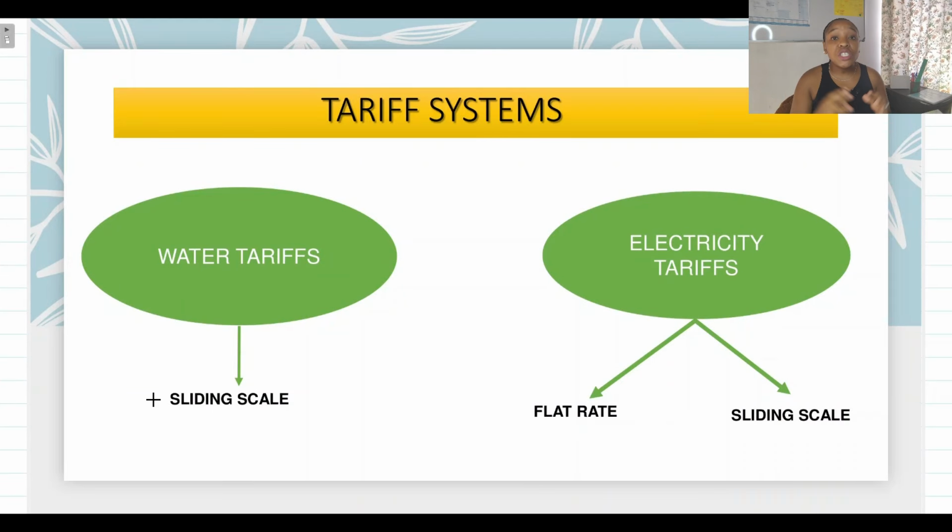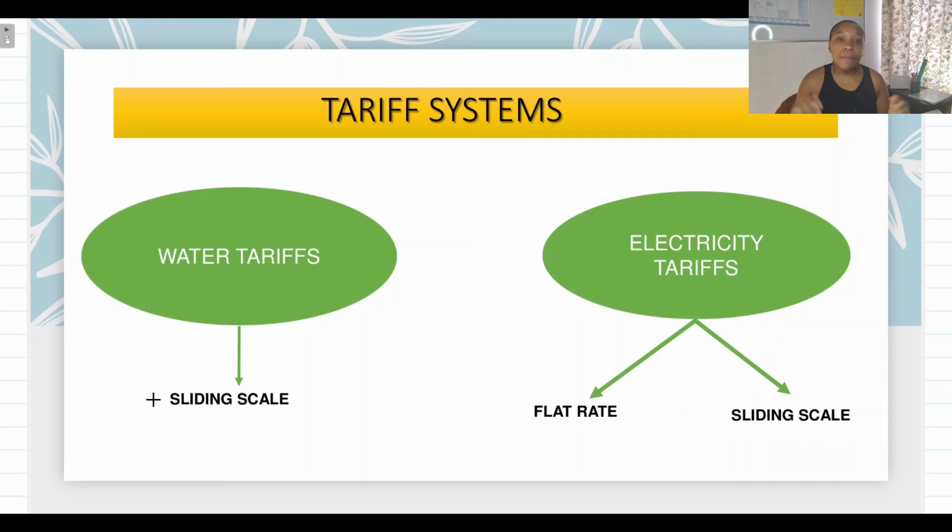just do a quick recap of what the flat rate method is, right? And if you also want an example where I tackled an electricity tariff question using the flat rate, then please have a look at this video tutorial. It'll be great for you guys to practice electricity tariff questions that involve a flat rate. Okay, but in this video tutorial, I'll be focusing on electricity tariff questions that deal with your sliding scale. All right, but let me just do a quick recap so that you know what the flat rate is